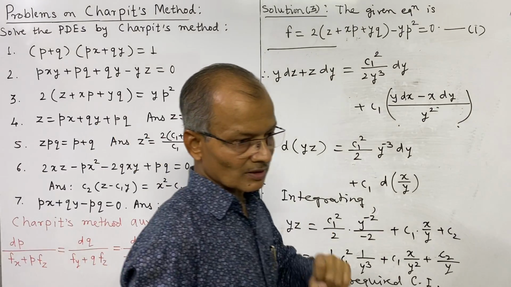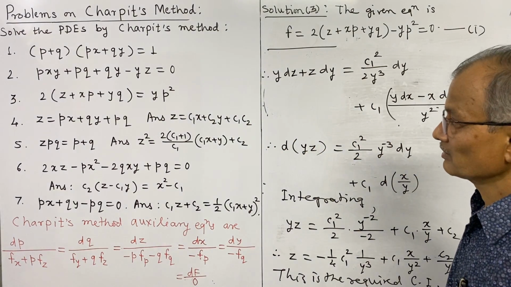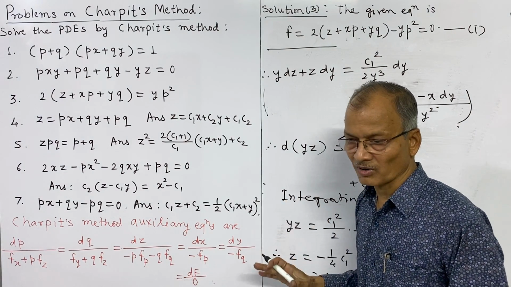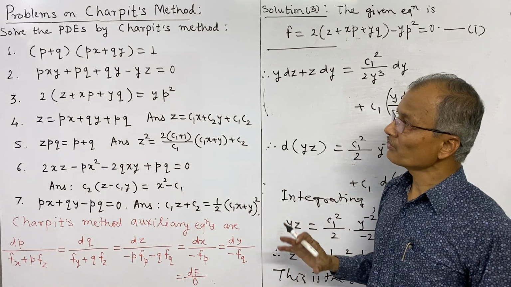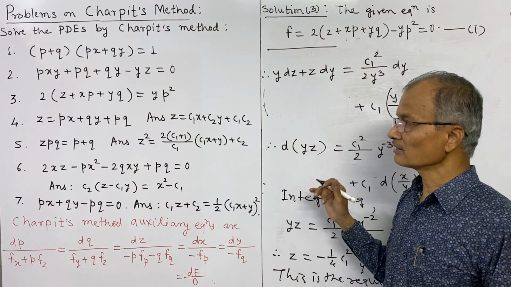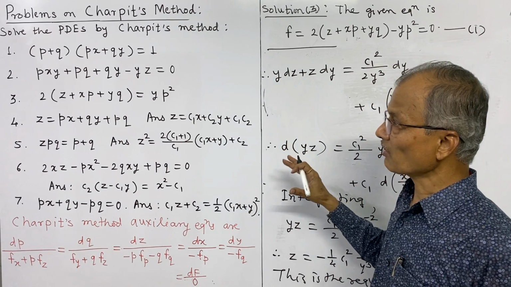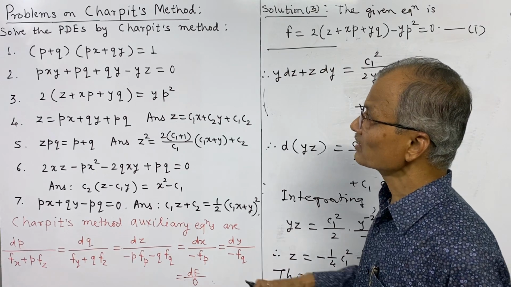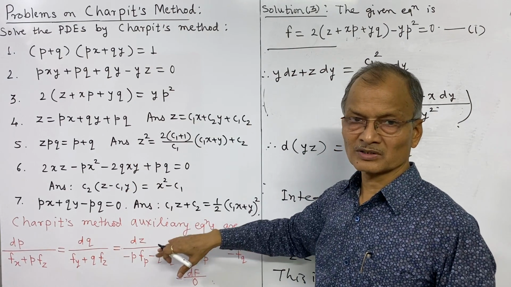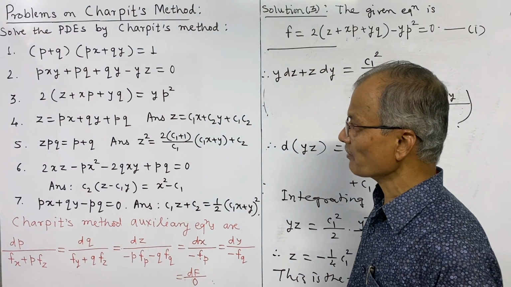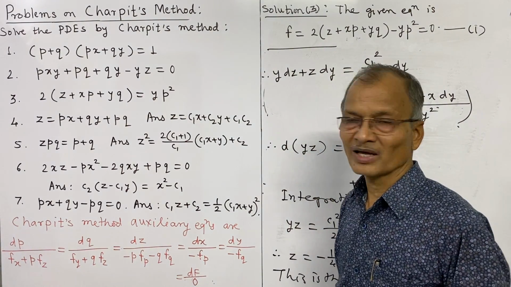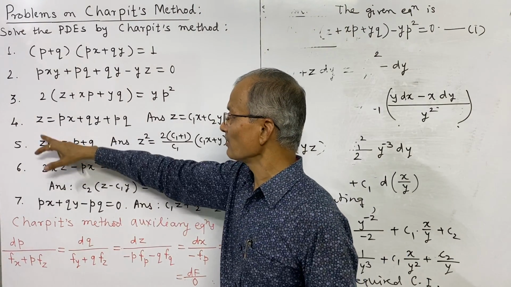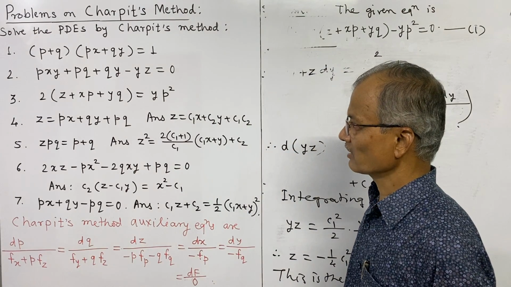So in this way we can use Charpit's method to solve the problems. This is a general method, for any type of problem. Earlier we have written standard forms. Now which method is to be used? If you recognize the form, if it is standard form 1, then use that method. If it is standard form 2, then use that method, 3, 4, etc. But if it is none of these standard forms, then we have to go for Charpit's method, because it is applicable. And Charpit's method is applicable to standard forms also. You can verify that. We have solved 3 problems, and the remaining problems you should try yourself.